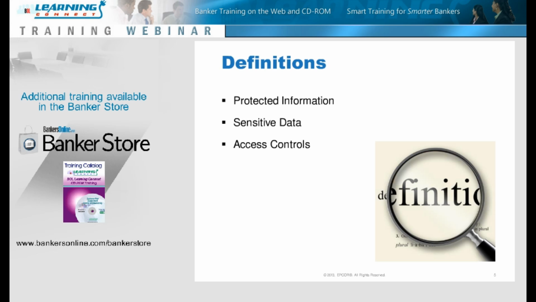But we need to level set and understand that protected information includes all non-public personal information, including financial information, of a natural person. So we are not talking about companies here. We are only talking about consumers or people, natural people, used to create or contained within an entry or any related addenda record within an ACH file or entry. So the protected information here is the non-public personal information.